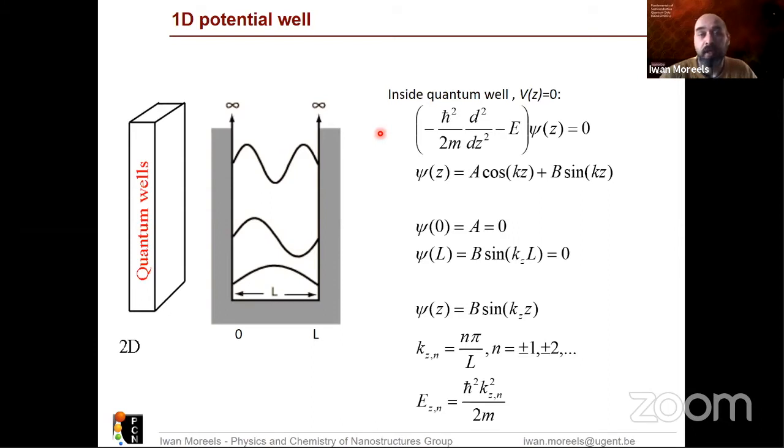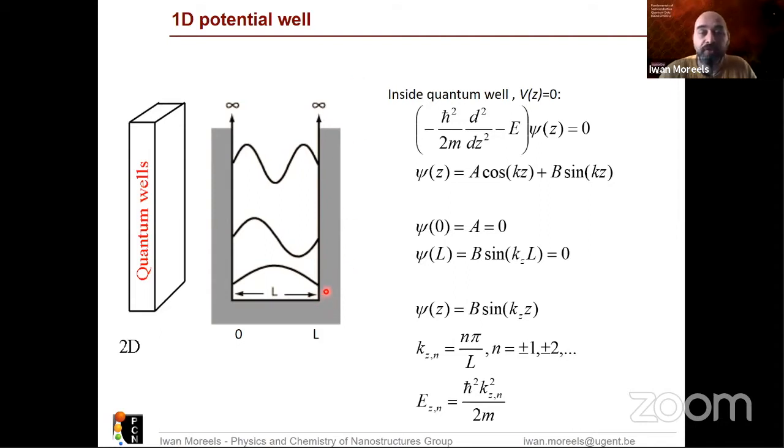Most importantly, I want you to grasp the notion that, for instance, in this case, the Schrödinger equation can be solved in a particle-in-a-box well approximation, and that we have certain solutions for that. So just to go back, the Schrödinger equation for a particle in a box in 1 dimension looks like that. It has a potential equal to 0 inside the box, and it's infinite outside the box,